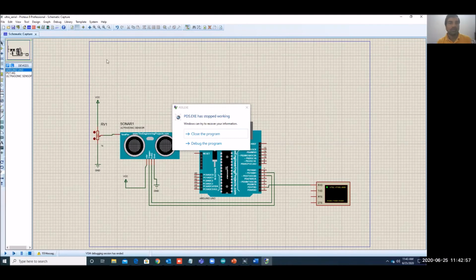Yeah, this Proteus is not free. You have to purchase it. But for student purposes, you can get a cracked version and use it. For industry purposes, industry people are restricted from cracked software, so they can only buy and use it. For a student, they can use it. If you are using it for a long period and for more applications, then you can purchase the software. But for normal college level, I don't think it is required to purchase.